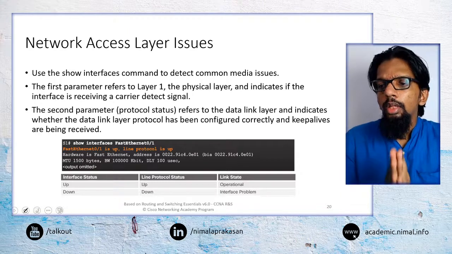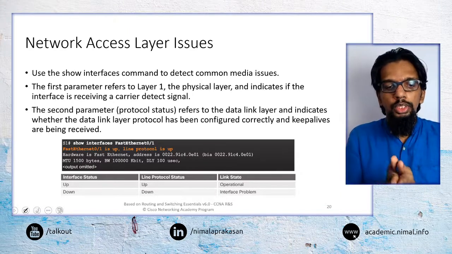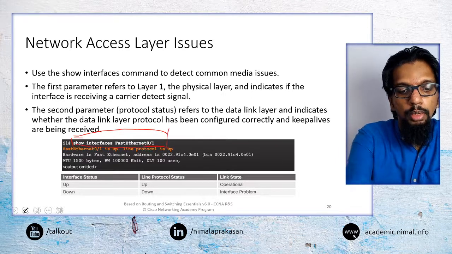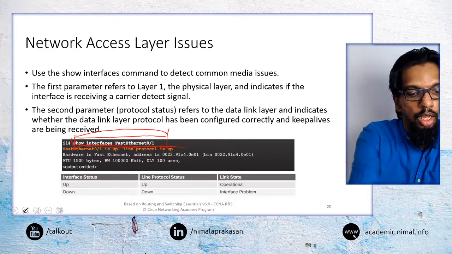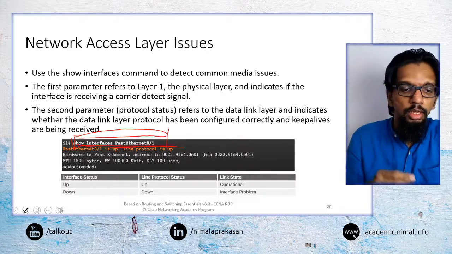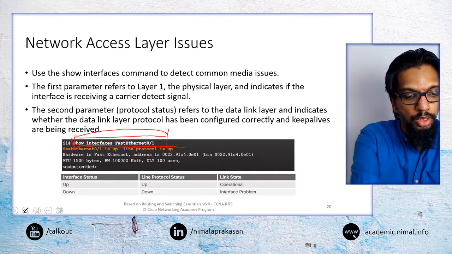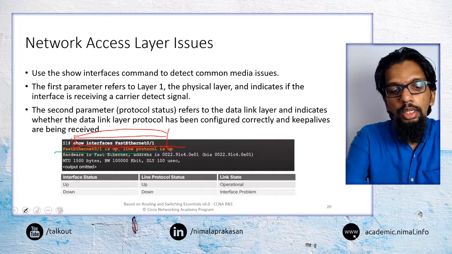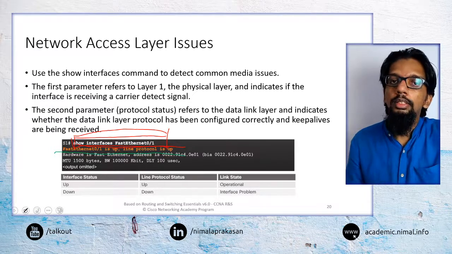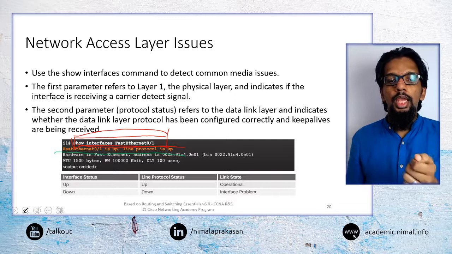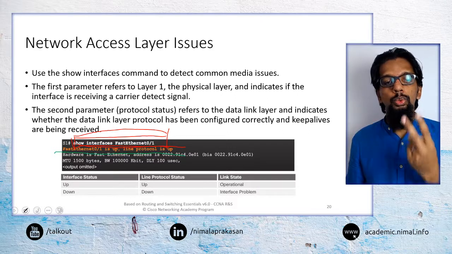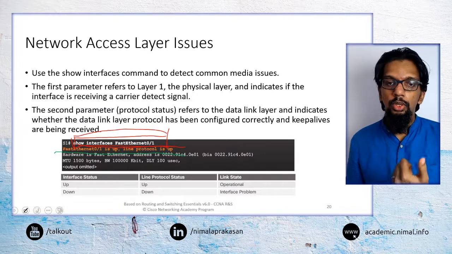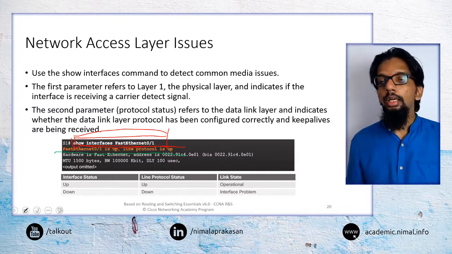Then when we connect to switches, say for example when we issue the show interface command in a switch, it would normally present us with a message saying FastEthernet 0/1 is up, line protocol is up. So what we get from that response is two things. It has two parts. One is saying FastEthernet 0/1 is up, the other is saying line protocol is up.